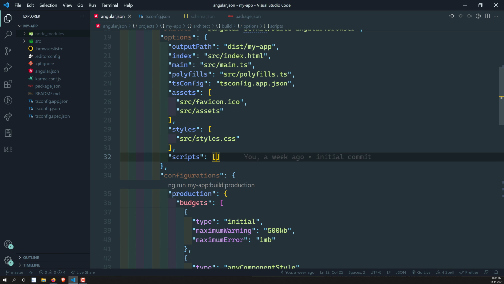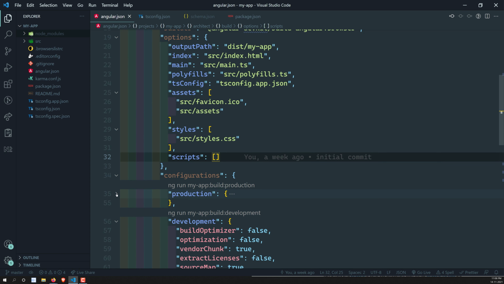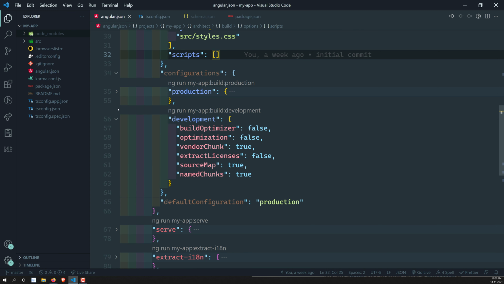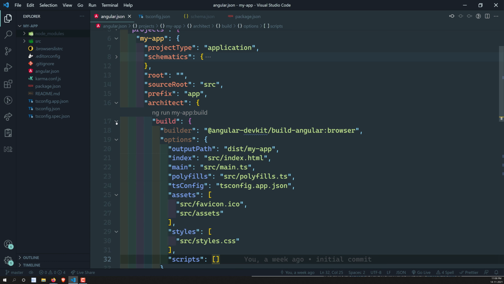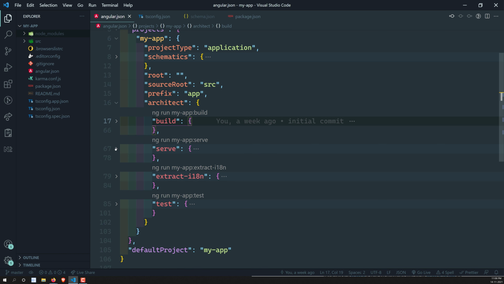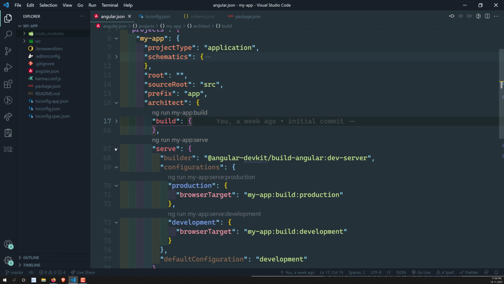Okay. So that's it. Now you are able to see the configurations in the production, right? Now in the development also we have seen. So that's it. In this build, these are the options that are available. Now let's try to see in the serve. ng serve is nothing but the live thing, whatever we are running, right? In order to check this in the development mode, it will take the configuration, these things.